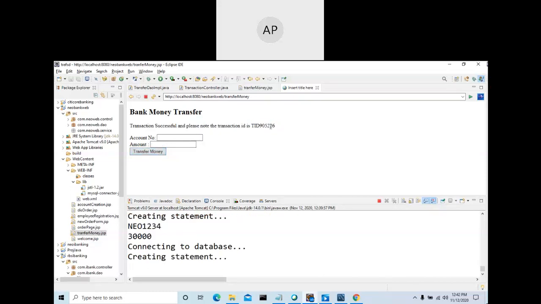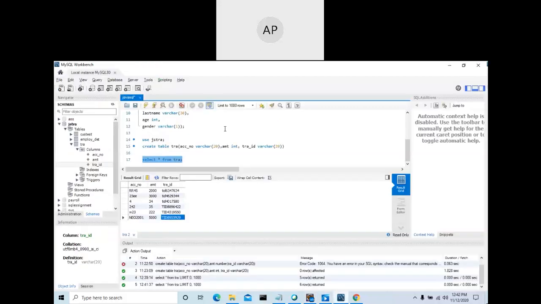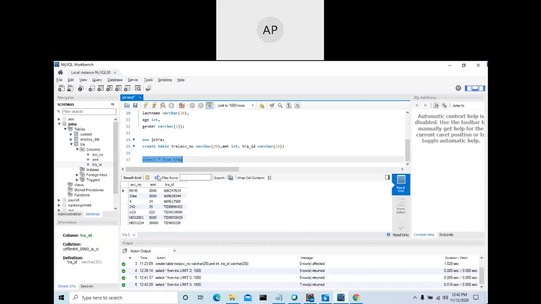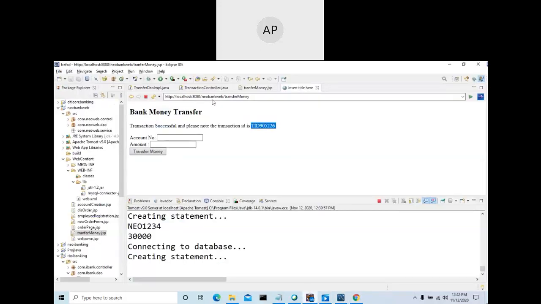So let me try. See, transaction ID 89559 something is the previous one. When I click here, see, transaction 905226. Now it goes to the servlet. From the servlet, we are calling the DAO. From the DAO, we are connecting to the database and storing the value. You will see here in the database it is stored, 30,000.